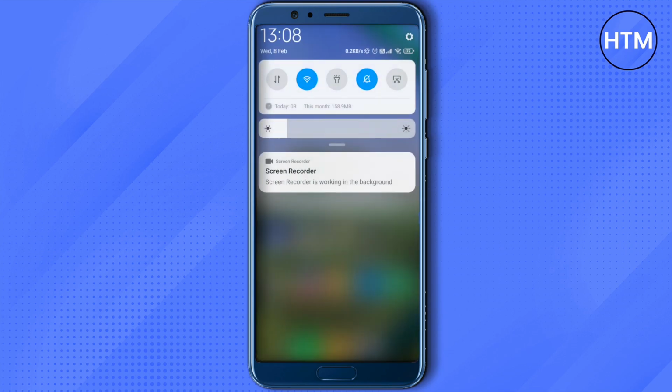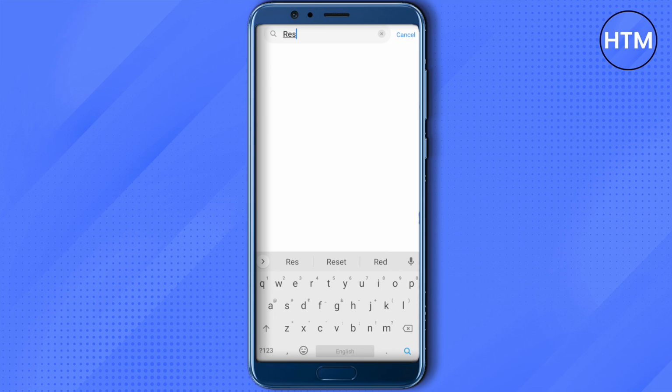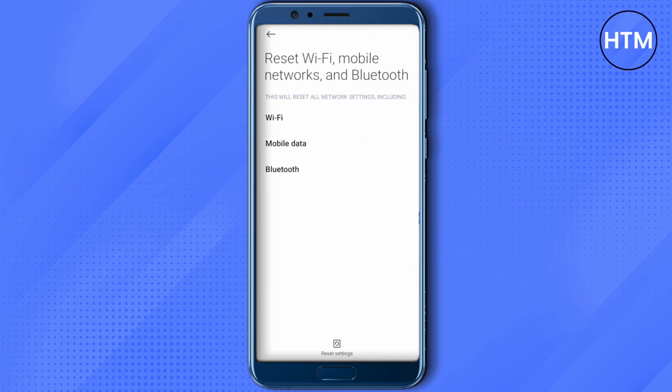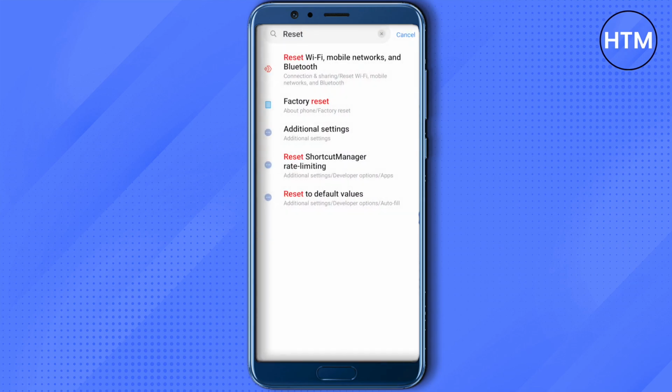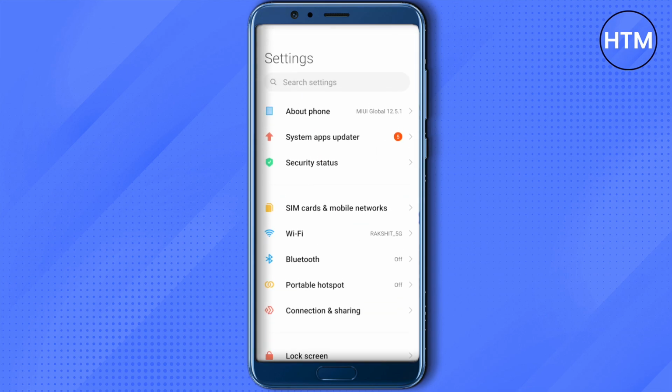your phone settings, and in your phone settings just search for reset, and here you will be able to find this option of reset Wi-Fi, mobile networks and Bluetooth. Just click on it and then click on reset settings, and it will reset all your network settings. And after that you need to open up your phone settings again, and then just go back and open up